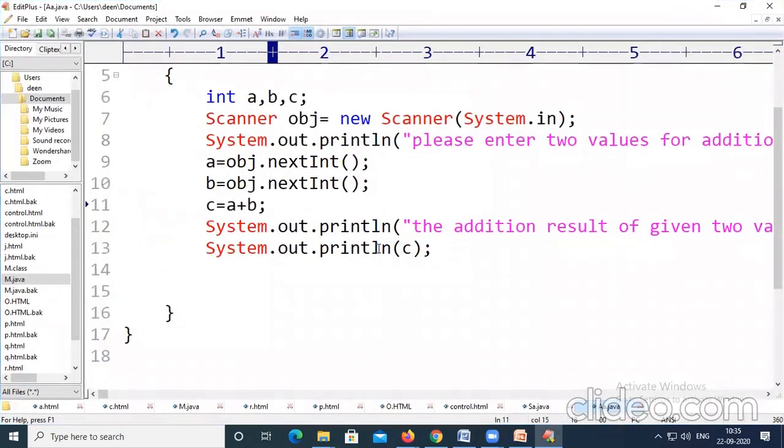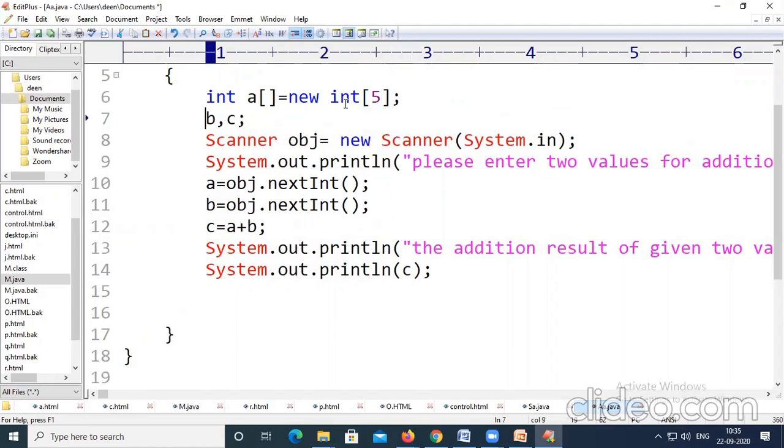Now let us change this one to array. If I want to declare these three things as arrays, let us use int a equal to new int of 5, because in each and every array I want to have 5 values, semicolon.